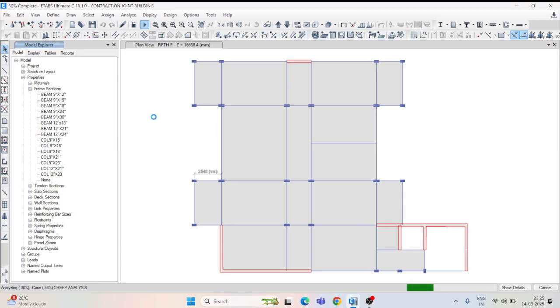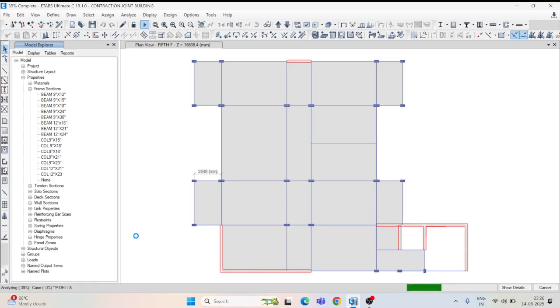So I hope you understand how we check the creep coefficients, and what the process is for the creep analysis. See, in creep analysis, if there is any mistake while putting the values, then the analysis will not run to completion. See, 75% completed, 83% completed. With a mistake, only 3%, 4% would run, and it will not complete 100%, because you made a mistake in putting the values in creep analysis.